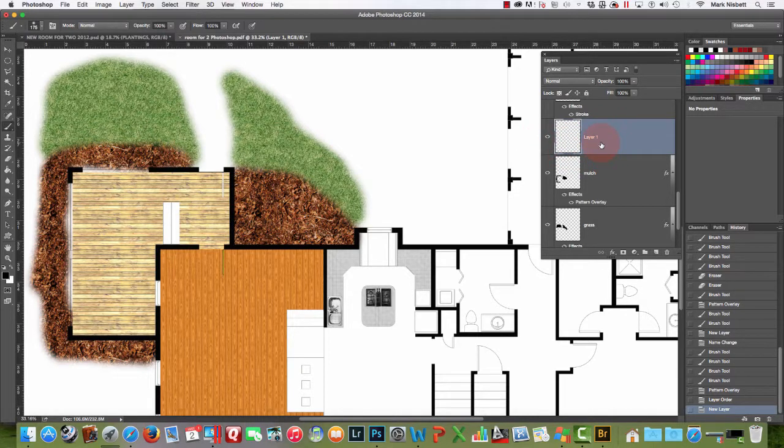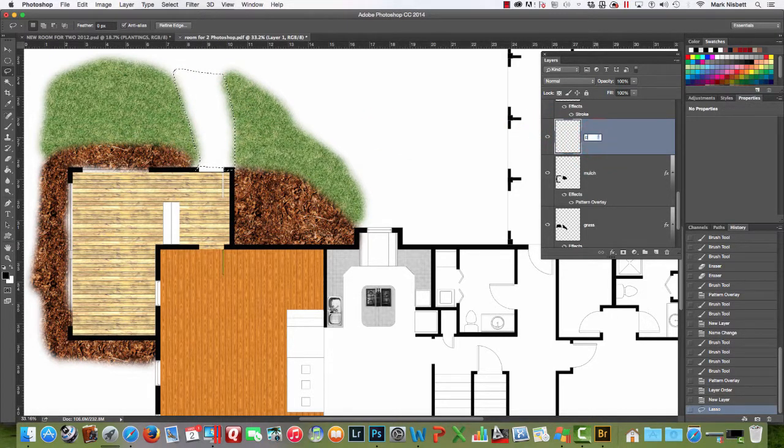If I want a definitive path in here, I can use my lasso tool and say, okay, I want my path to go like this, and it's going to come down and go across, something like that. So this could be my path,